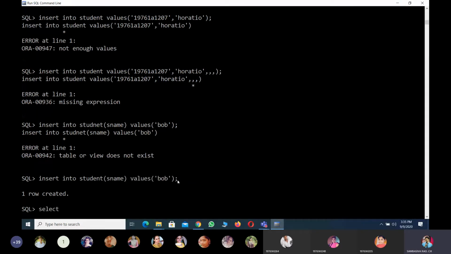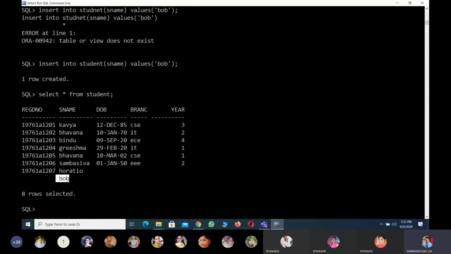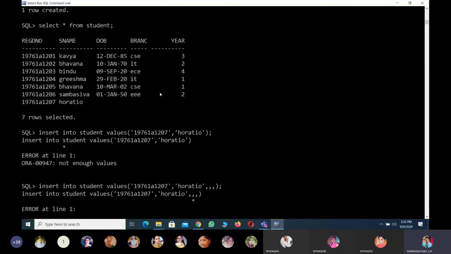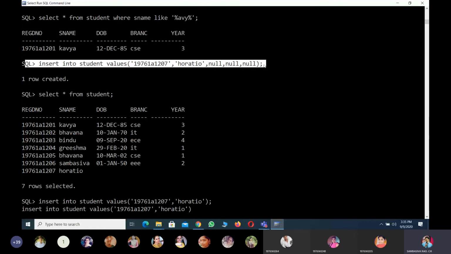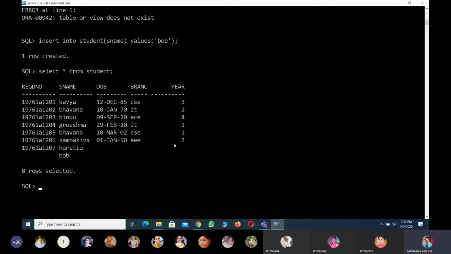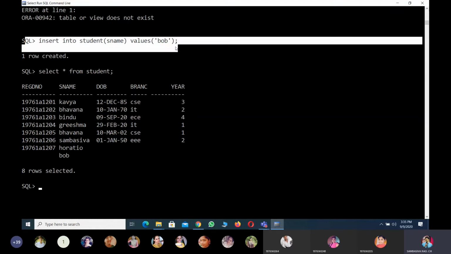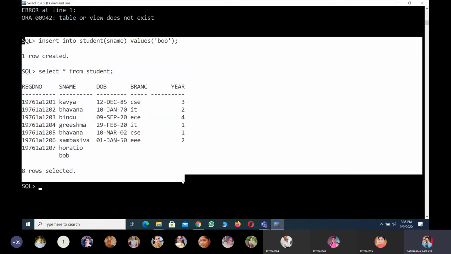Now we retrieve the table values: select star from table name. Only one record that we have, the remaining everything is treated as null by default. No need to specify it here. By default, only one field is available, meaning the remaining are all null. Suppose you mention all the fields, then you have to mention all the fields with null. So we can insert null values either by using the null keyword, or without the null keyword, specifying a particular column and exact values only.